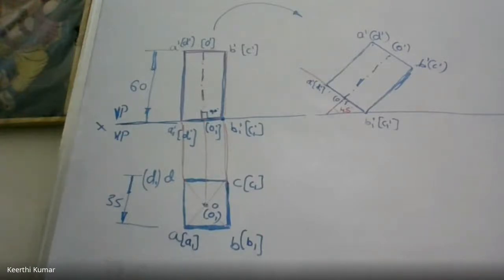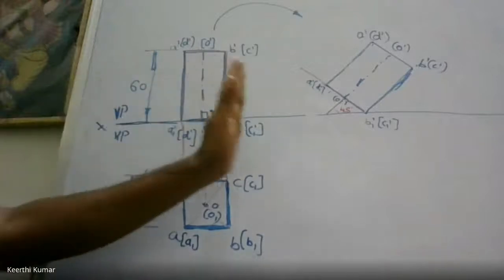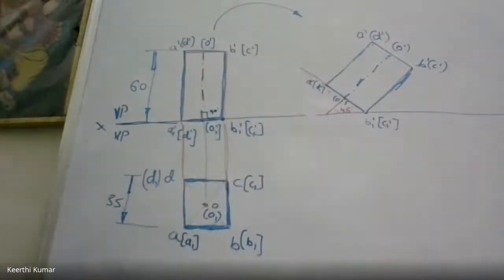Try to accommodate properly. The solid problems are bigger, so you have to adjust the sheet. No need to leave much of the space here, and no need to leave much of the space in between this. So try to adjust the entire figure, all 3 positions, in one sheet. First 2 figures you cannot accommodate, I know. Later on, you will try to accommodate by yourself. Time being, you try to draw the rough figure.